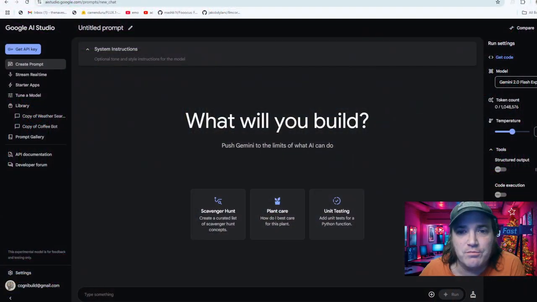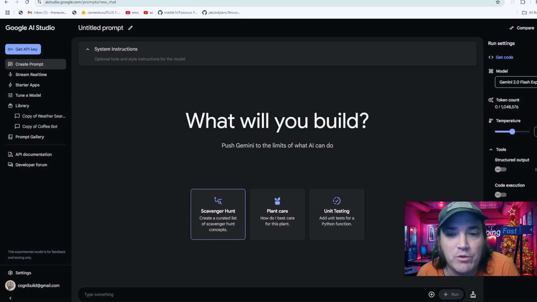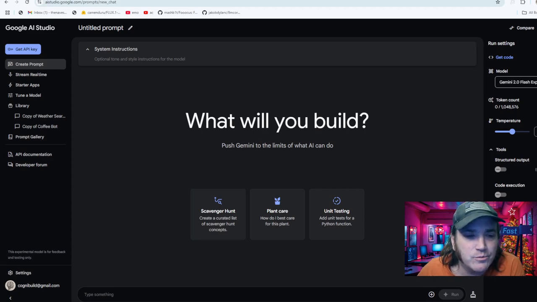Hey guys, so today Google dropped their new AI Studio, which is a pretty impressive bit of tech where you're actually able to speak directly with the AI with your voice, and it will actually speak back to you. You're able to use your video to show it whatever you're working on here, and ask it questions about it. I'm going to tell you, it's pretty intuitive. You're able to do quite a lot with this.